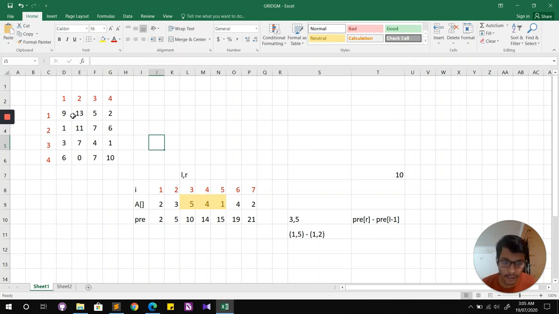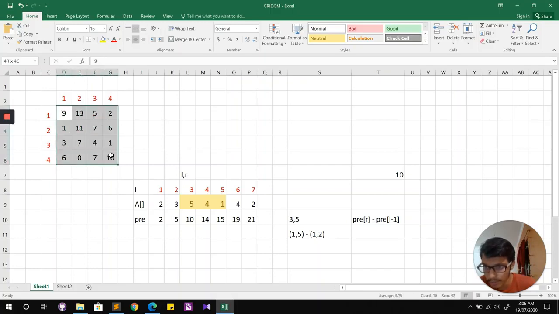So what if someone magically gave you the sum of 1 comma 1 and any point of your choice? So what if the query was always of the type 1 comma 1 and some other point? For example, this is a rectangle which satisfies that 1 comma 1 is always a part of it, or else this, or else something like this.